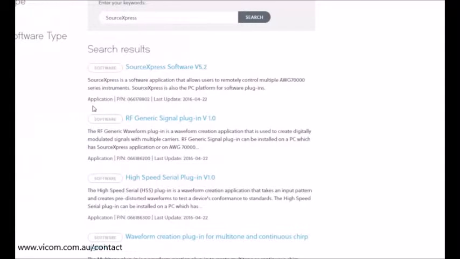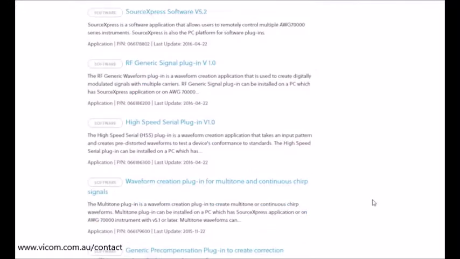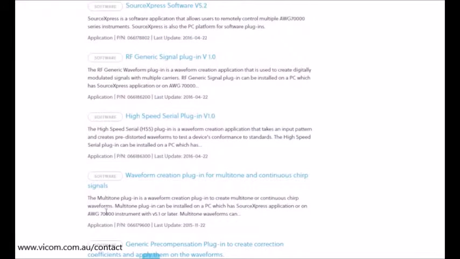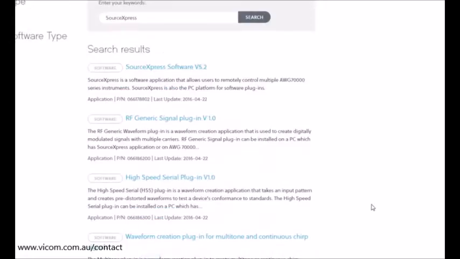So as you see here, we have Source Express itself, which you can download, and then you have your specific plugins. So what we recommend is you first download all of these plugins from this site here. Once you've downloaded these plugins, you can install them, like I said, either on your AWG or on your PC. Once you've installed them, one other thing,